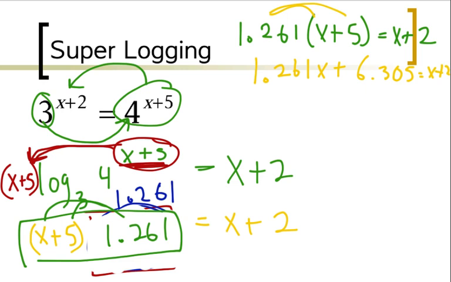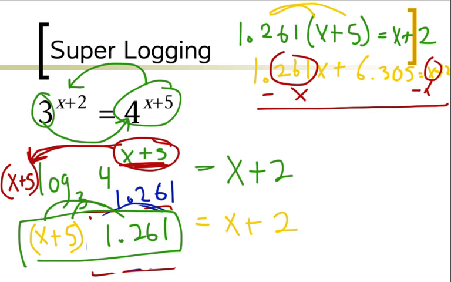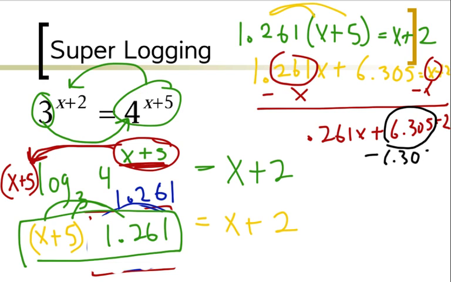Okay, so now I'm going to need to move my x's to be on the same side, so I can subtract x here, so subtract 1x, and that should give me, I'm going to be left over with just this 0.261, so 0.261x plus 6.305 equals 2. So now I need to continue by subtracting my 6.305 to the other side from the 2 also. I kind of ran out of room, but I subtract it from there also, and that's going to leave me with the